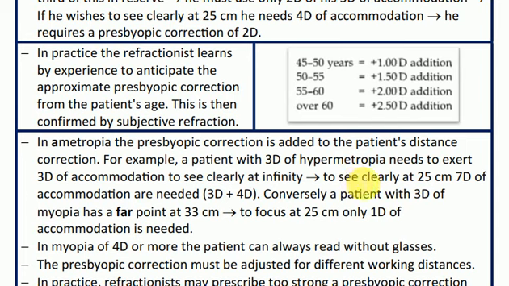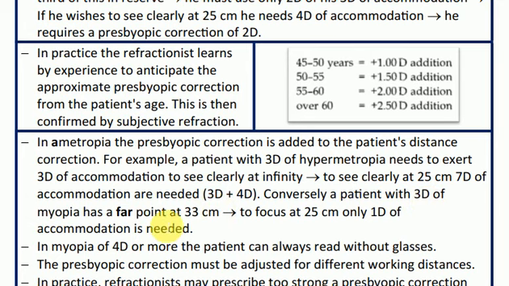So for near, 25 centimeter, he needs 4 diopter. So 3 diopter for infinity and 4 diopter for near. So overall he will need 7 diopter for a hypermetropic patient. Now if a patient is myopic, 3 diopter myopic,